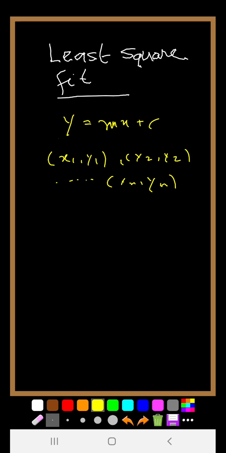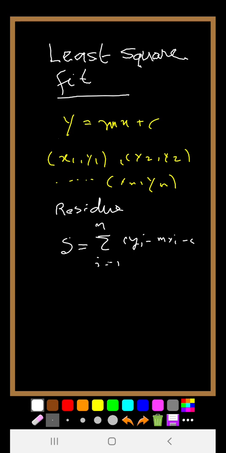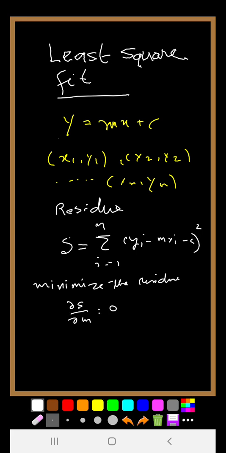So if that is the case, then we have a quantity called the residue S, which is equal to summation i is equal to 1 to n (yi minus m xi minus c) whole square. So if we minimize the residue, that means if we take del s by del m as equal to 0 and del s by del c is equal to 0, then we get some normal equations,